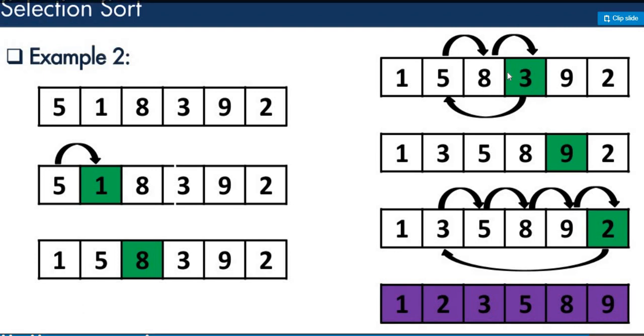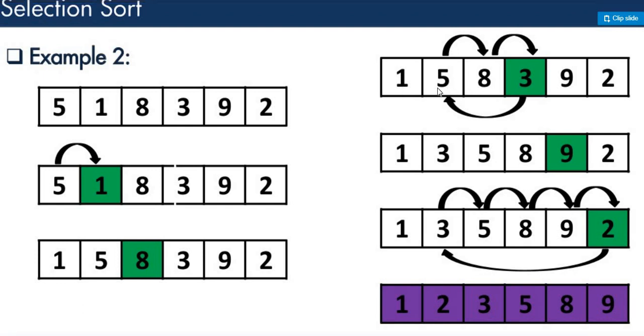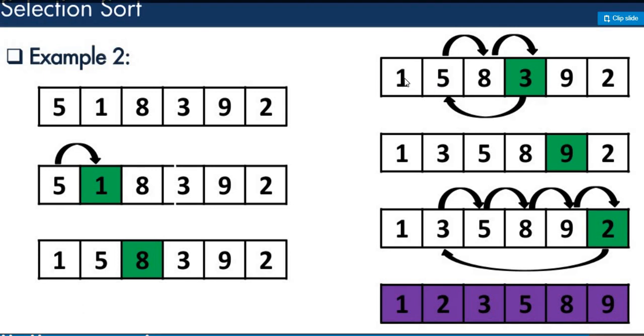Now we will take the next element, 3, and that will be compared with all three numbers. So here 3 is greater than 1 and 3 is smaller than 5 here. So you have to compare with all three numbers. Here it will be placed after 1, but it will be placed before 5. So the next list will be like 1, 3, 5, 8.